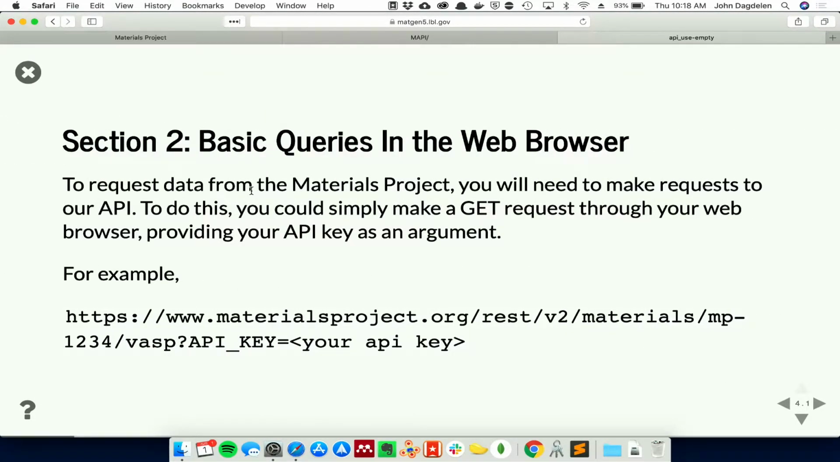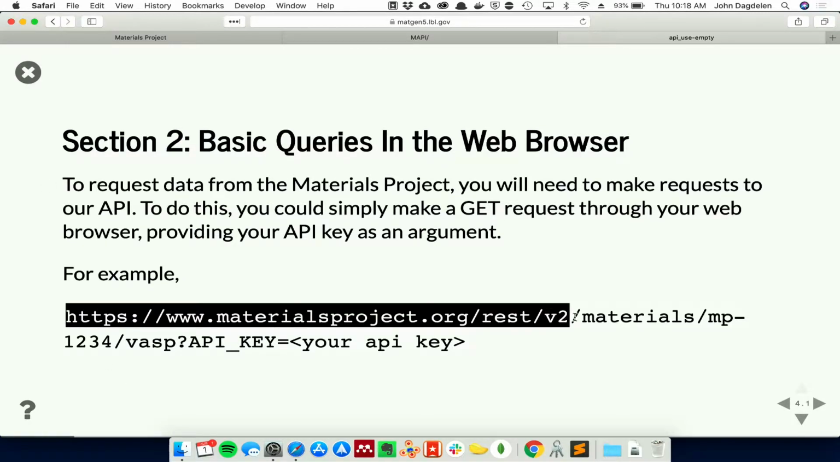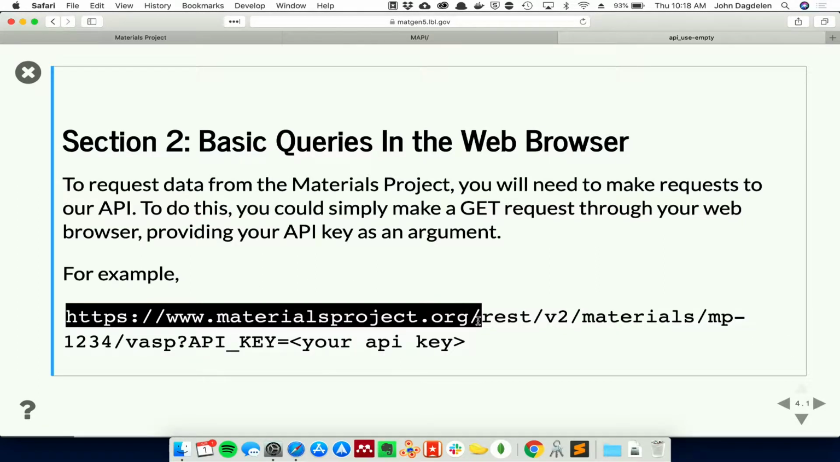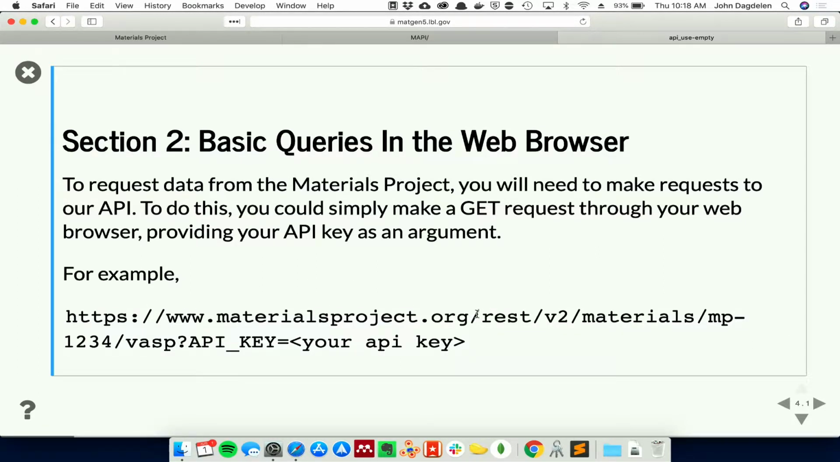So our API, you've seen one way of accessing it through what's going on behind the scenes in the website, through just an HTTP internet request. If you want to try this in your browser, I encourage you. You can copy this text. So what you see here is at thematerialsproject.org,